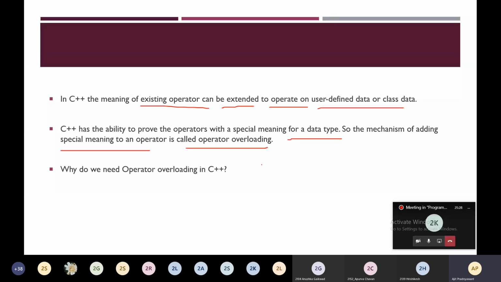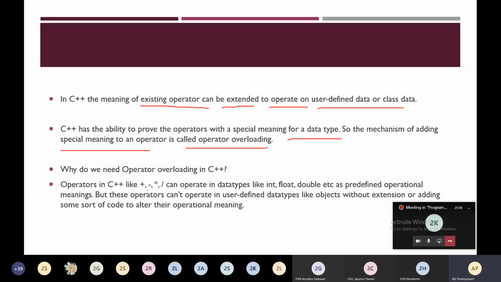So why do we need operator overloading in C++? Operators in C++ like plus, minus, multiplication, division can operate on data types like integer, float, double, etc., with predefined operational meanings. But these operators can't operate on user-defined data types like objects without extension or adding some sort of code to alter their operational meaning.